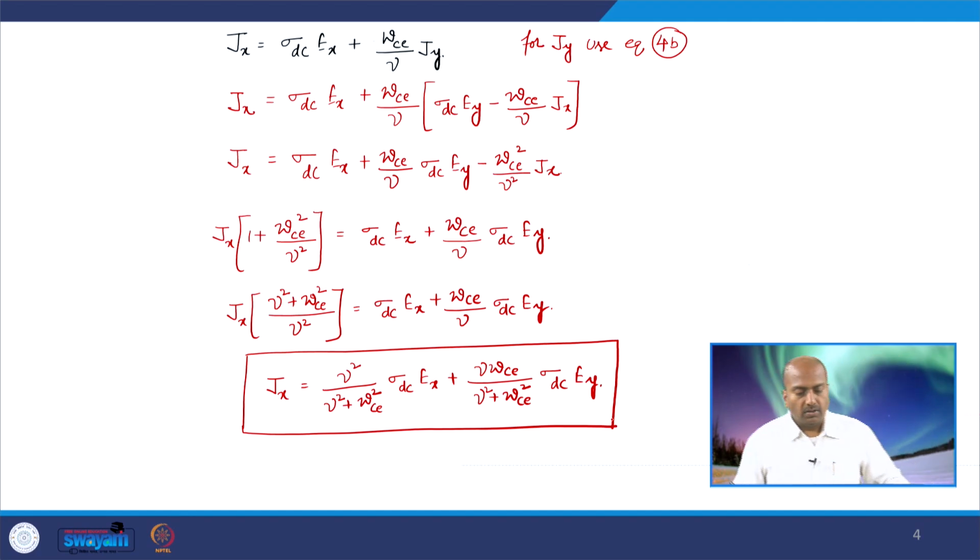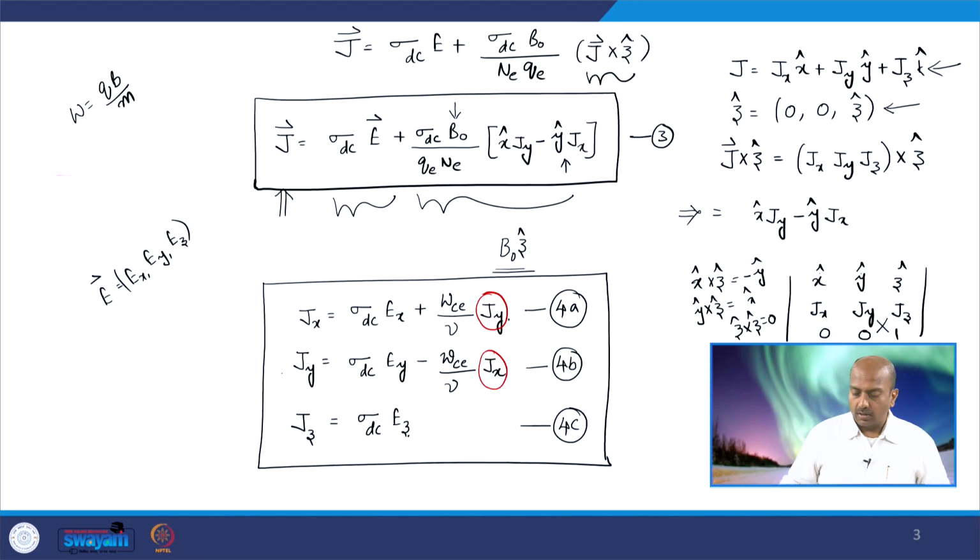Right. So, this is just jx, one value of the conductivity. What I have done in this case is just substitute 4b into 4a, so that I